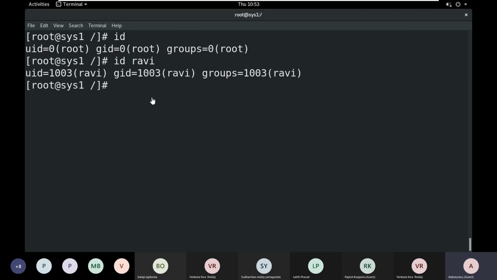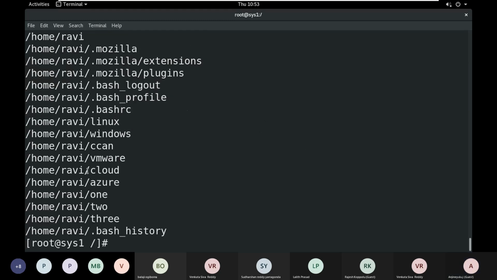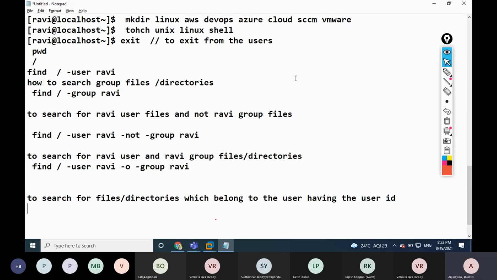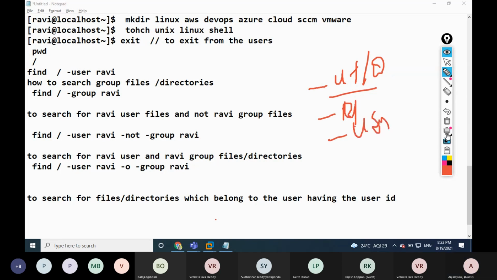So find, then -uid, then the UID 1003. That means we can search user files and directories either by using the username or the user ID.